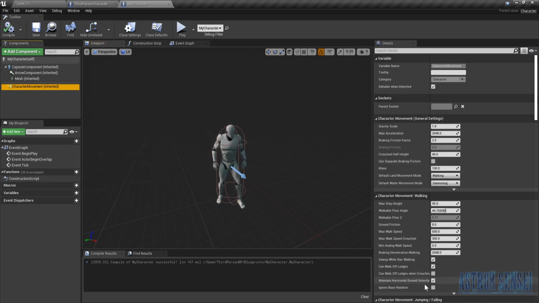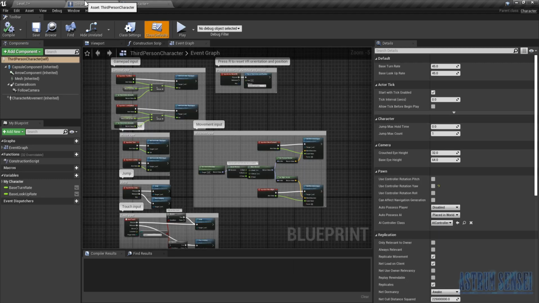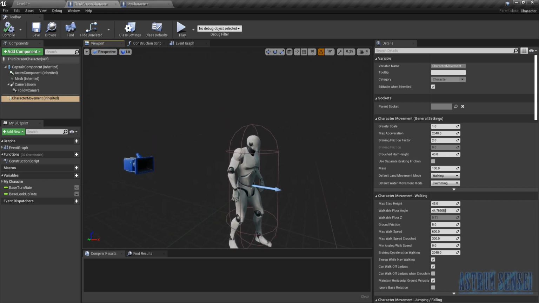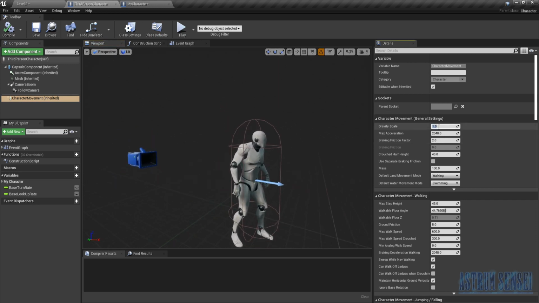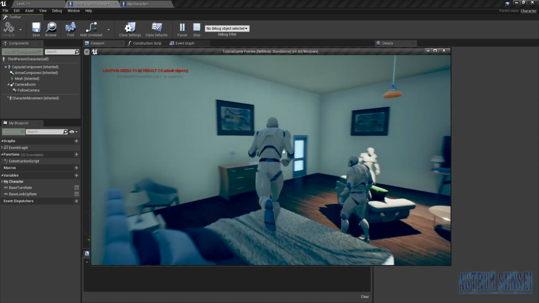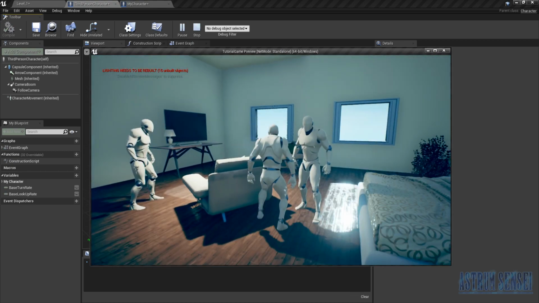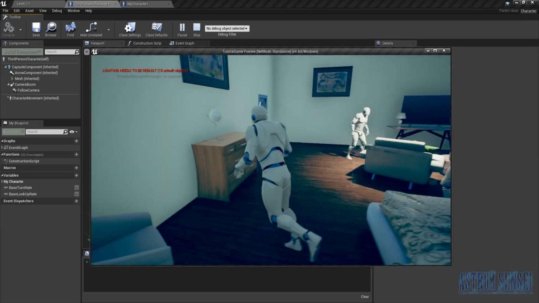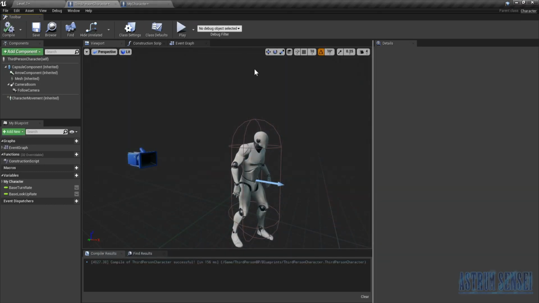And over here is a lot of important options. For example, the gravity scale. Actually, we are going to take a look at it in the character that we are using, which is the third person character. For example, gravity scale, if you put it to 10 instead of 1 and you press play, the character is going to be much heavier. So when it drops, it just drops very hard, like it can't even jump. So we're going to put